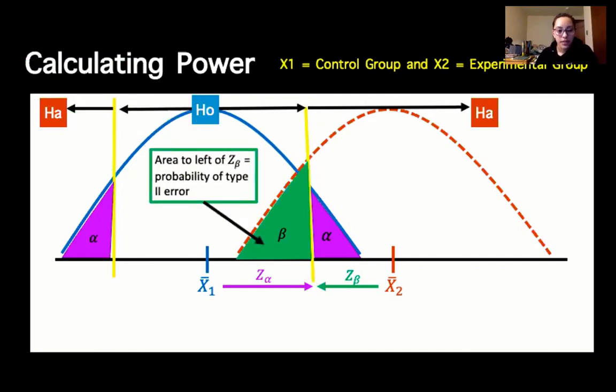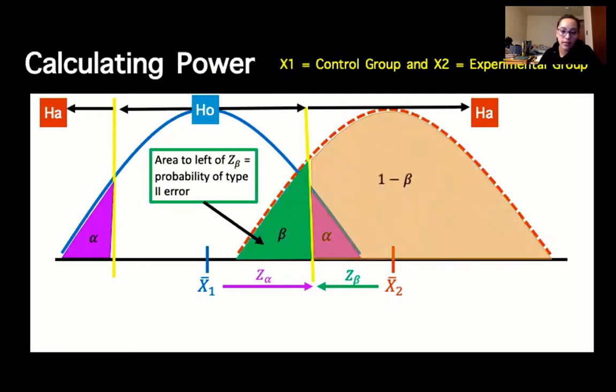So the area to the left of whatever the z-score for beta is tells us the probability of our type 2 error, which usually we want to keep at 20% or 0.2. And I go through how to find the z-score for that, I think, in the activity video. But the opposite of this, the rest of the area under this curve, would be our power,